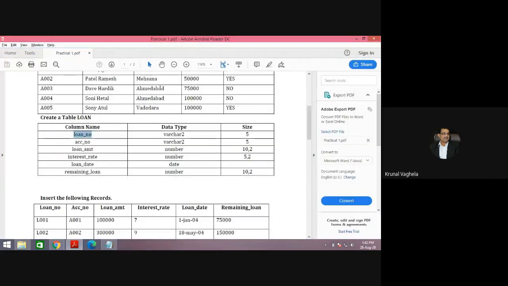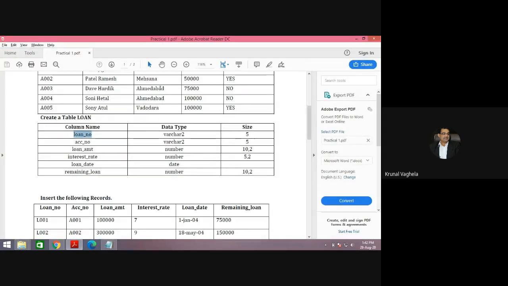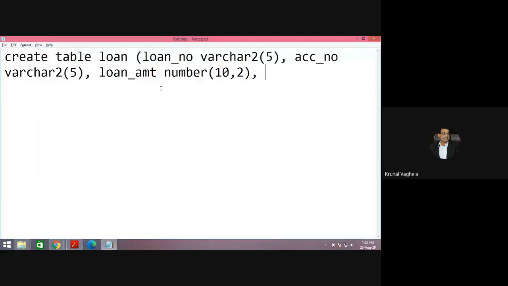Third one is loan underscore amount, number 10,2. So loan underscore amount, data type is number, and the size is 10,2. Next is interest rate, number 5,2. Interest rate, data type is number, size is 5,2.